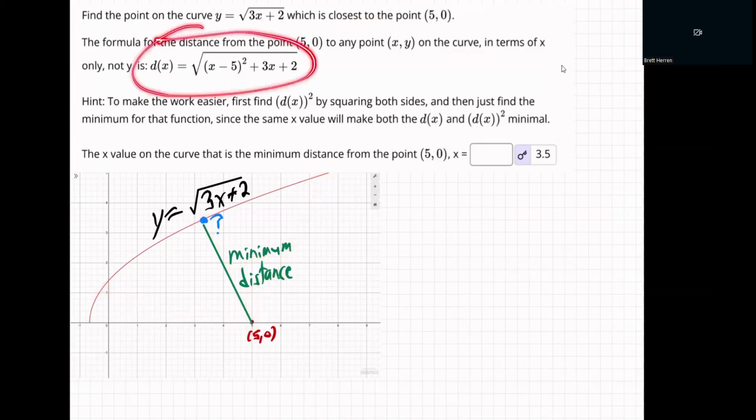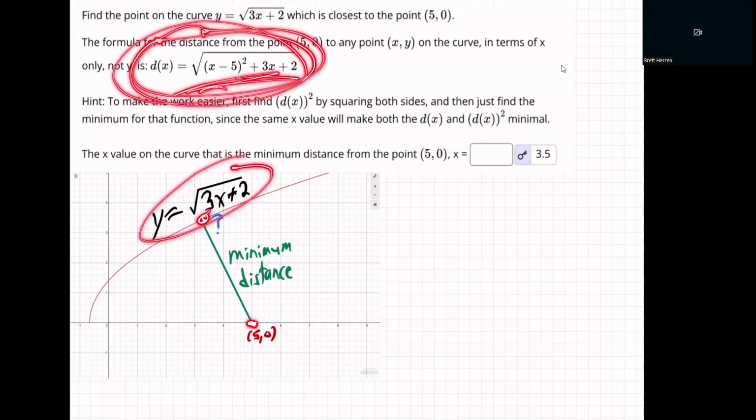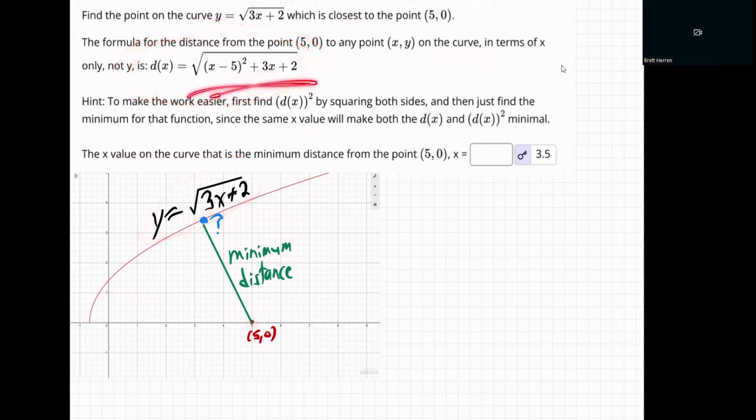Okay. So here's the equation. We did this in another problem, the setup. We found the equation for the distance formula between the point (5, 0) and some random point (x, y) on the curve y equals square root of 3x plus 2. So now that we have that, we're going to finish this problem. So here's the distance formula. And if we want to find the minimum distance, then we want to